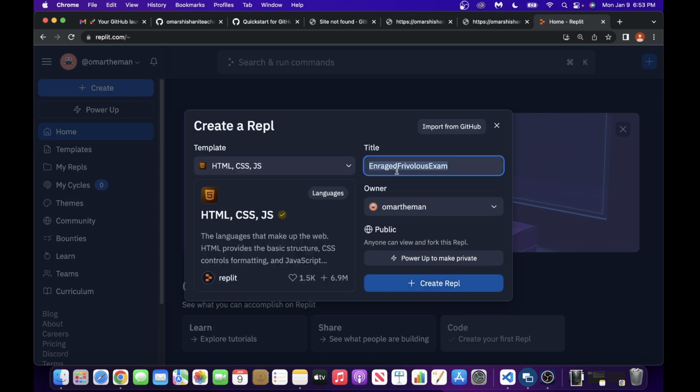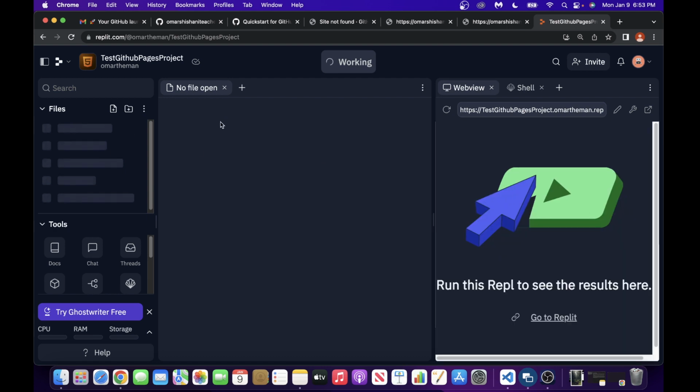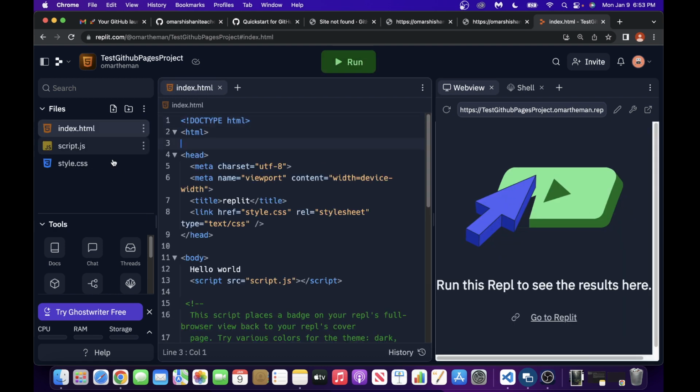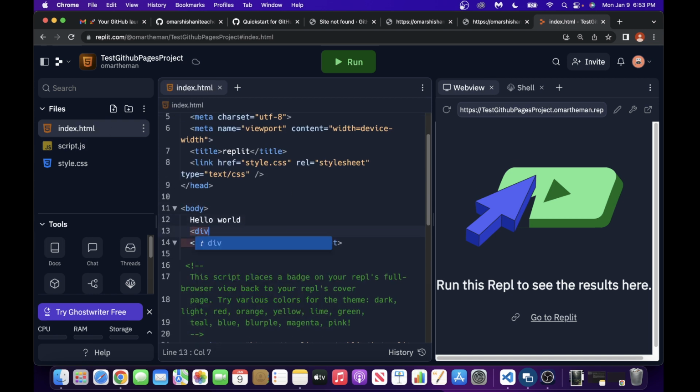gonna start a new project. Test GitHub pages project. I'm just going to do something quick here just to show you what we're dealing with. So I'm not going to add any script or style, but I just wanted to demonstrate to you here that we are able to